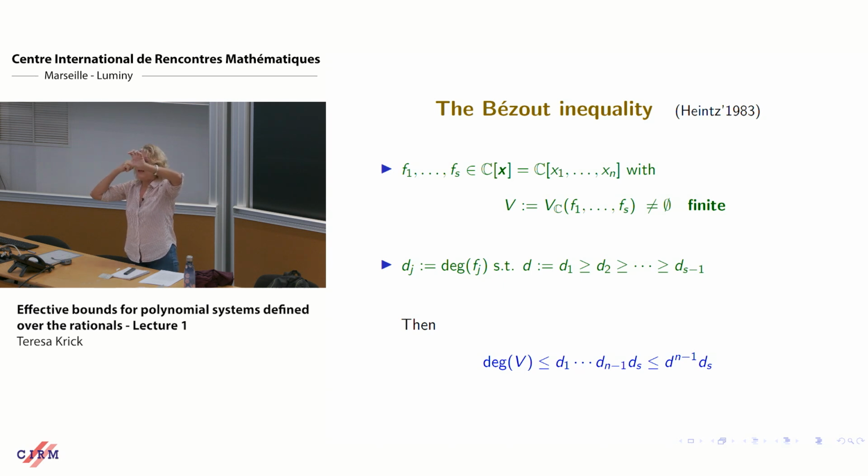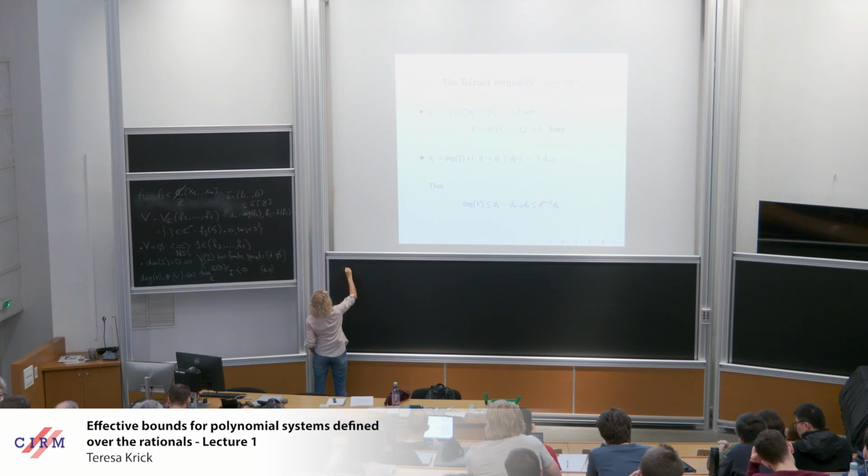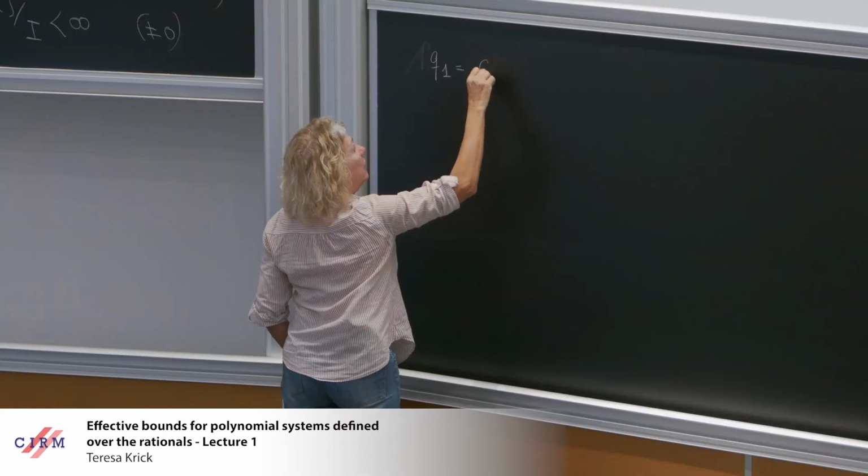And then you can choose a linear combination of all the polynomials such that it really cuts every component of the hypersurface, so it reduces the dimension by 1. And then you can choose another linear combination of all the polynomials, such that for each component you have dimension n minus 2 because you cut well. So what I'm saying is that in the end, you take linear combinations.